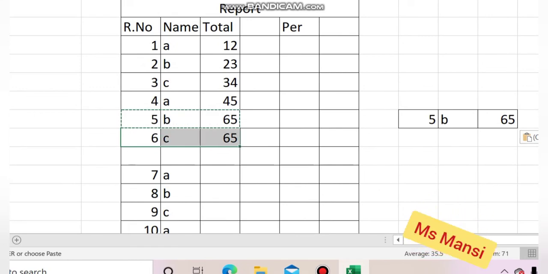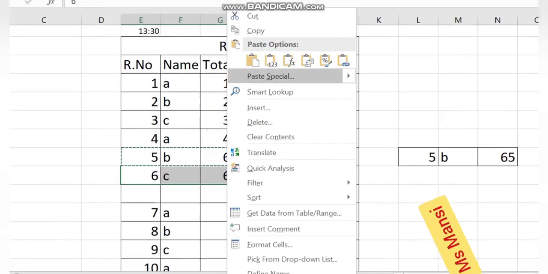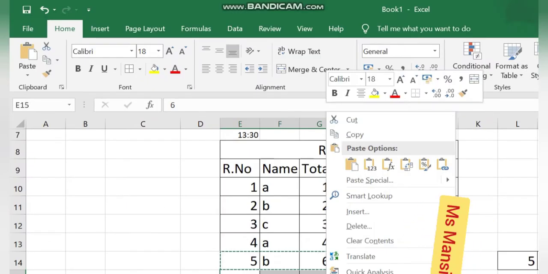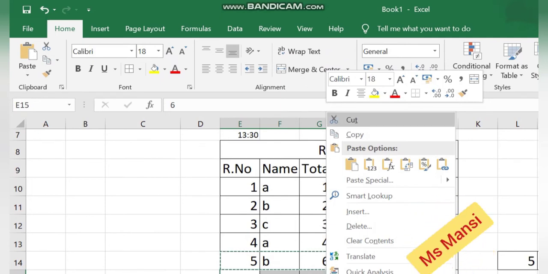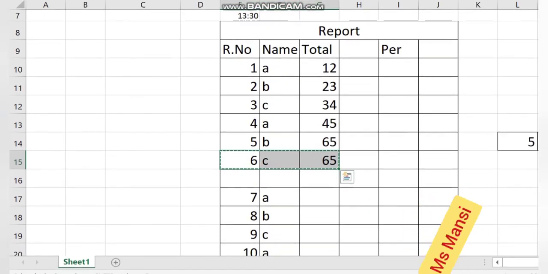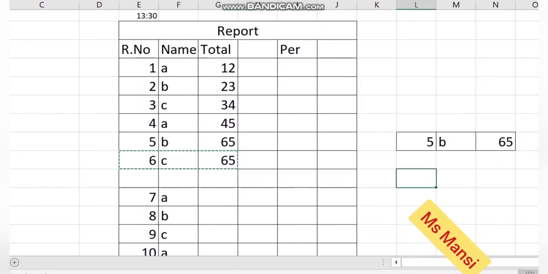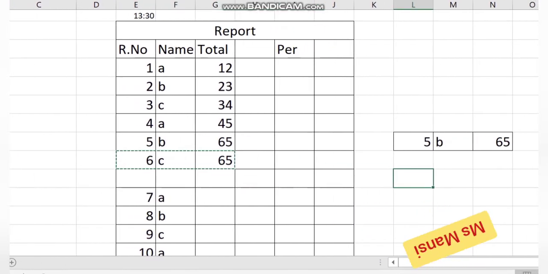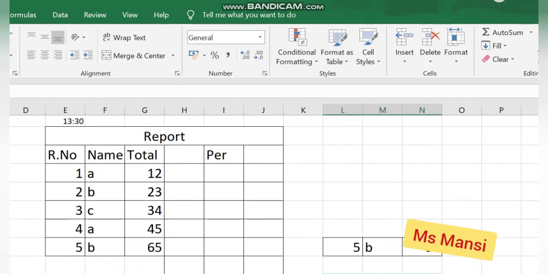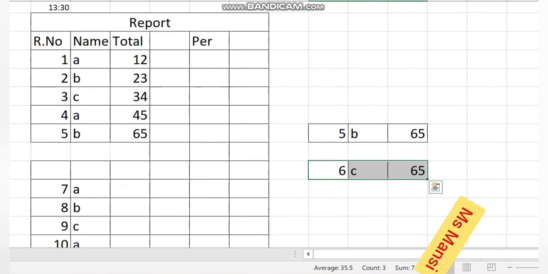Like you want to cut this data from this location, simply right click on it, click on Cut, and the shortcut key of cut is Control plus X, and you can choose the Clipboard group also. Here click the Cut option. So I will choose this option, click on Cut. So it will be temporarily cut from this database. Now I want to paste here, right click on it and click on the Paste button. So your data is removed from this location and pasted into the new location.